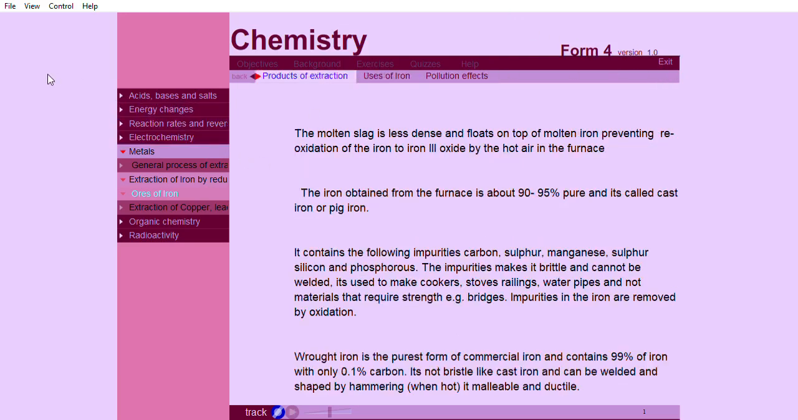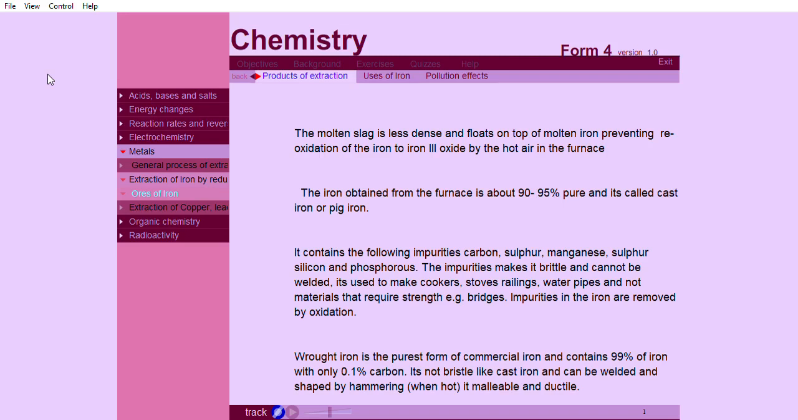The molten slag is less dense and floats on top of molten iron, preventing reoxidation of the iron to iron(III) oxide by the hot air in the furnace. The iron obtained from the furnace is about 90 to 95% pure and it's called cast iron or pig iron. It contains the following impurities: carbon, sulfur, manganese, silicon, and phosphorus. The impurities make it brittle and it cannot be welded. It's used to make cookers, stove railings, water pipes, and not materials that require strength, for example,